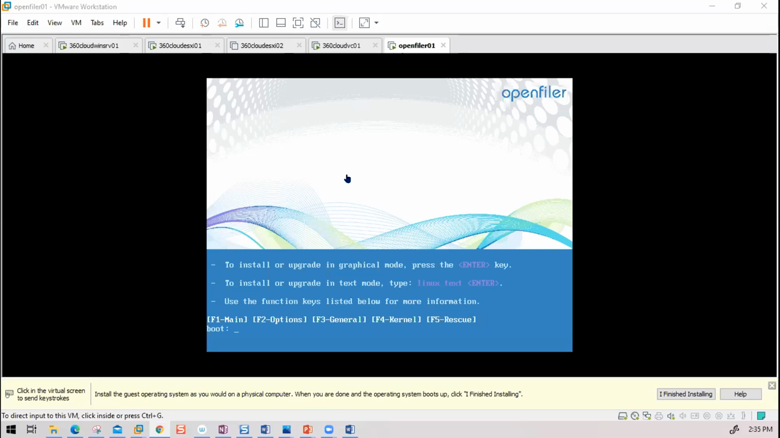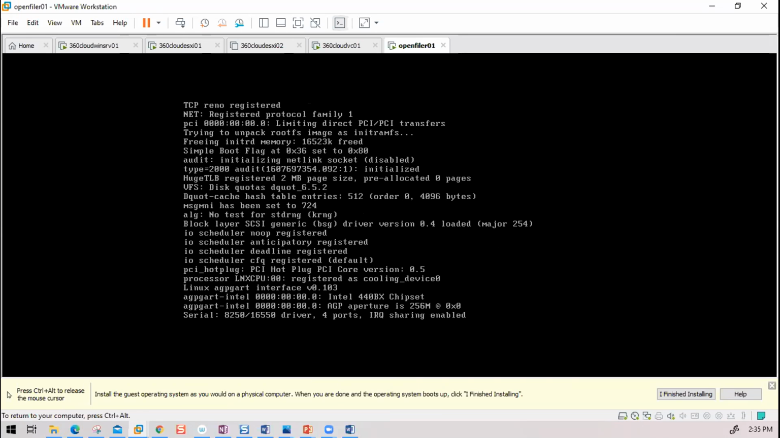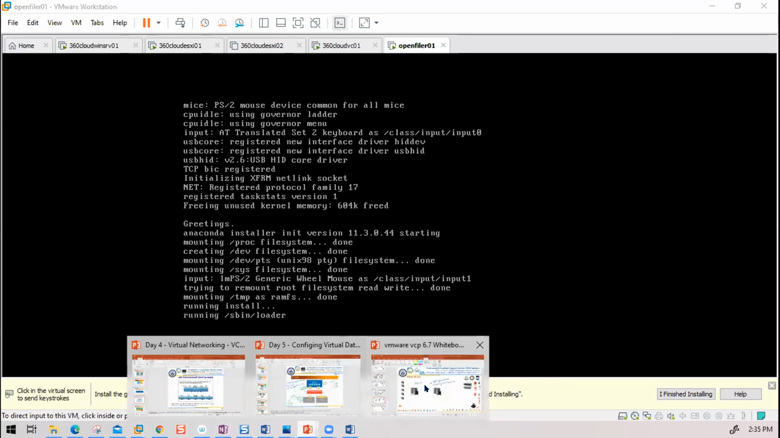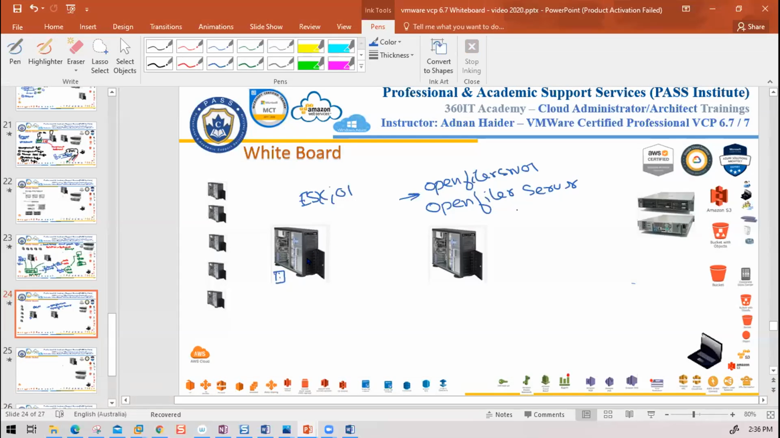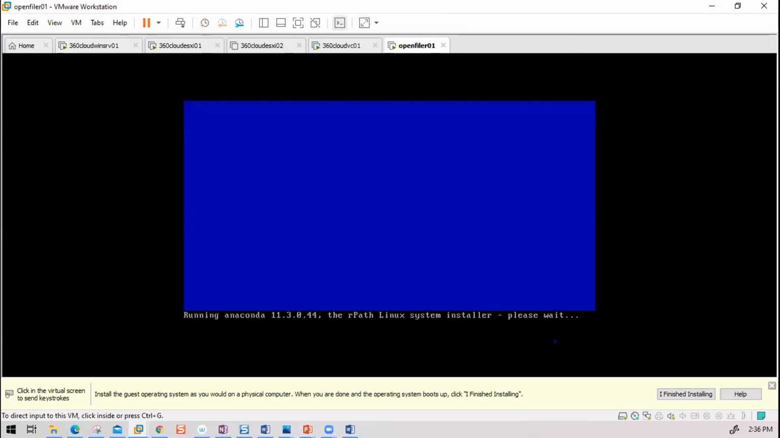So here, just like any other operating system, it is asking for a few things, and you can go with just logical options. So we'll go with the first option to install or upgrade in graphical mode and press enter. As soon as you press enter, it will load up some files. Guys, remember that it is creating a storage here. Our ESXi server is sitting here, our Windows server is also sitting here. This is the new server that we are creating for OpenFiler. So OpenFiler server, and this is what is being configured here. So in this, it is just setting that up. So once it has set up the server, what happens is that the next